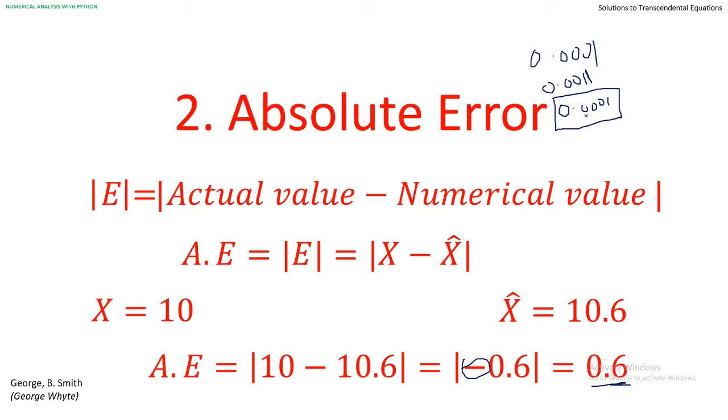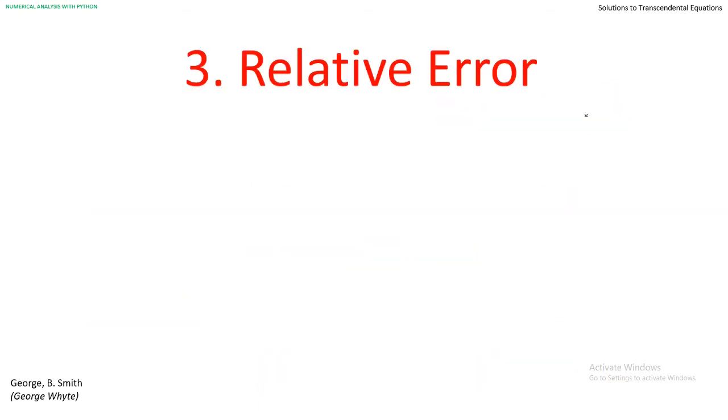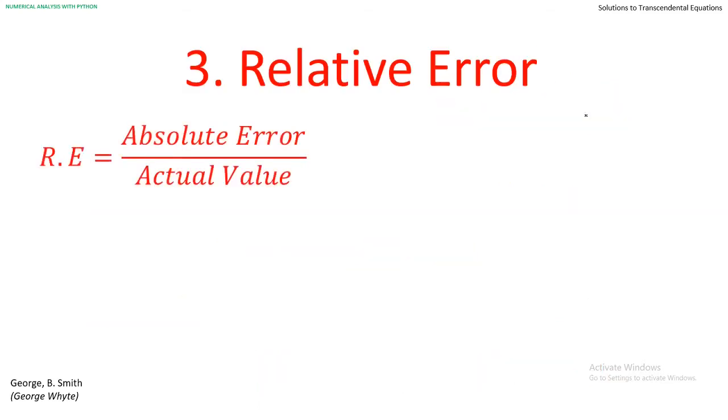So for you to compensate for this, so that you know how large this error is, we now have to come up with the relative error. So that's the next one we have, called relative error. Relative error is simply the actual error, the absolute error, divided by the actual value. Like in that case, we had this relative error is going to give you about